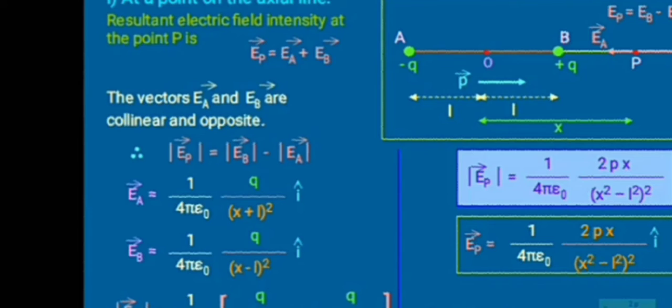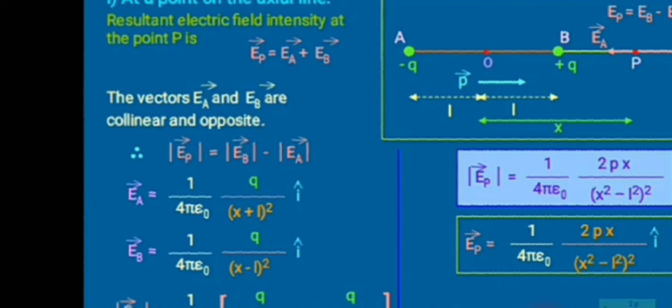Now simplify this. The magnitude of EP is equal to 1 upon 4 pi epsilon 0 twice P. P is the symbol for electric dipole moment. P is equal to twice QL from definition and concept. Hence I am writing here 1 upon 4 pi epsilon 0 twice Q into x upon x square minus L bracket square is equal to 1 upon 4 pi epsilon 0 twice Px upon x square minus L square bracket square